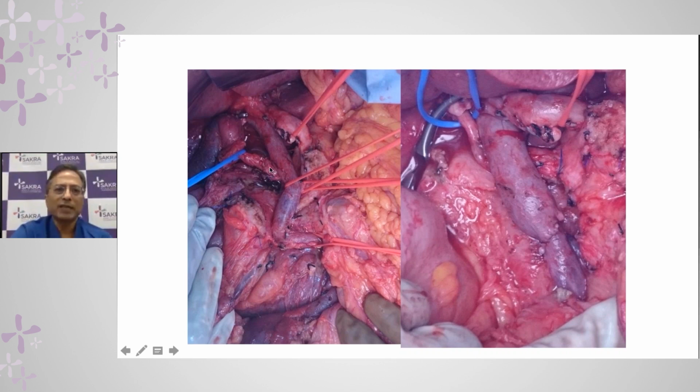So this is the liver that you can see. This is the head of the pancreas and duodenum, and it has been dissected out. You can see this long tubular structure. Is this the portal vein, superior mesenteric vein? And you can see the tumor is adherent here. We cannot separate it from there. This is the neck of the pancreas.